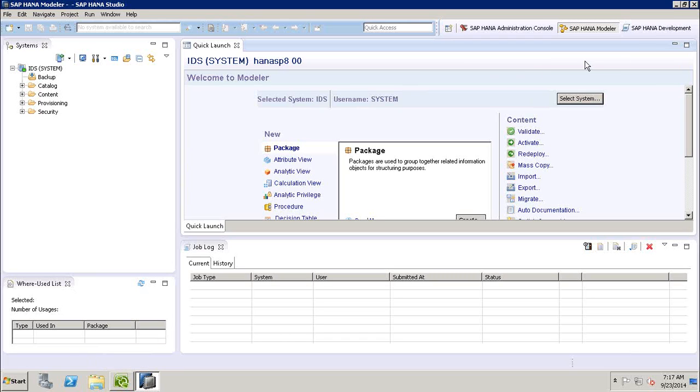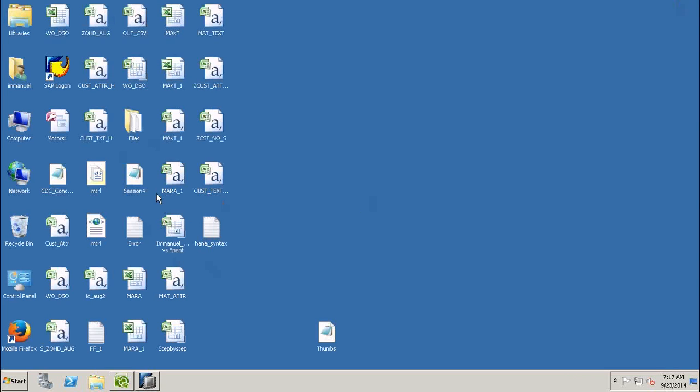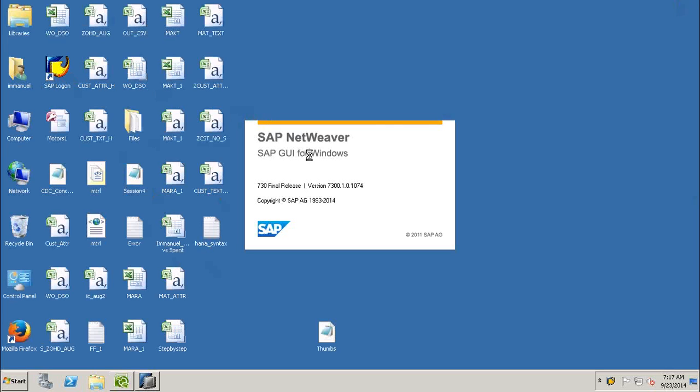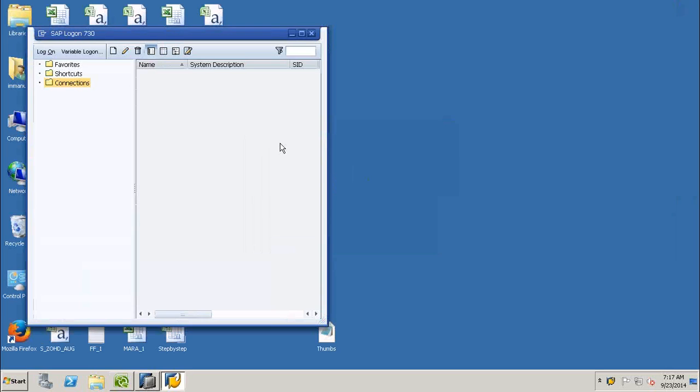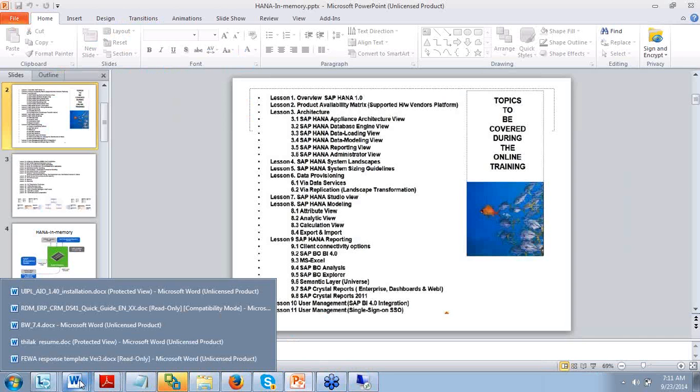All right. You will have quite a lot of exercises to do so that you get pretty well acquainted with the interfaces. Okay. We also have the BW component in our sessions as well. So we will be looking at understanding the core concepts of BW and also BW on top of HANA. All right. The curriculum for Data Services will be